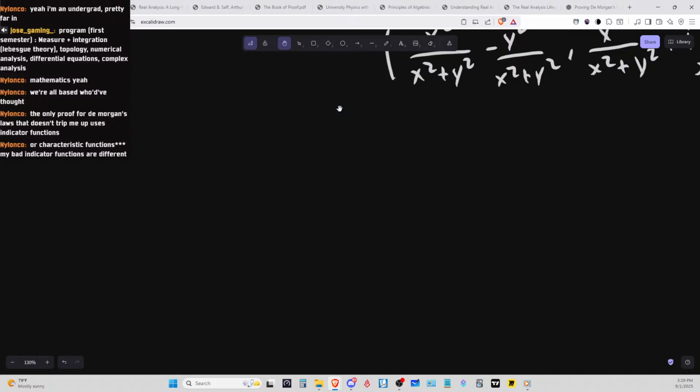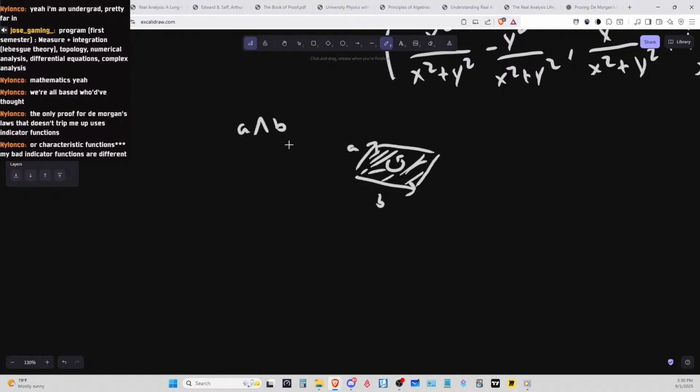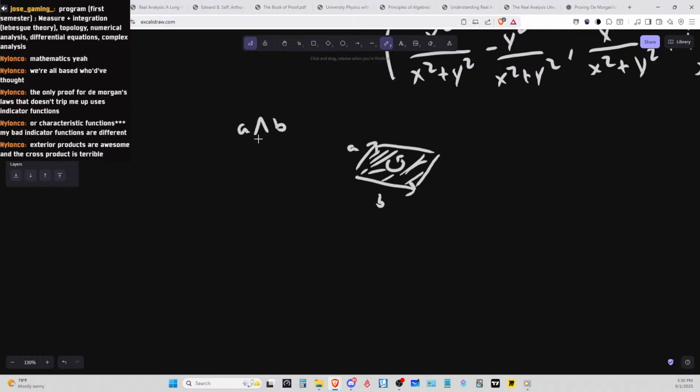But as soon as they got into the stuff involving wedge products, or exterior products, whatever you want to call it, I was like, what is this? I know it's supposed to look like this, where you have a vector here and a vector here, and it takes into account the orientation and the area of the space, and it's supposed to kind of replace the